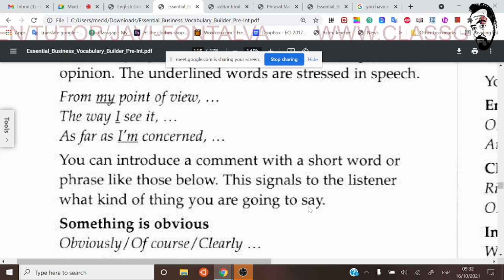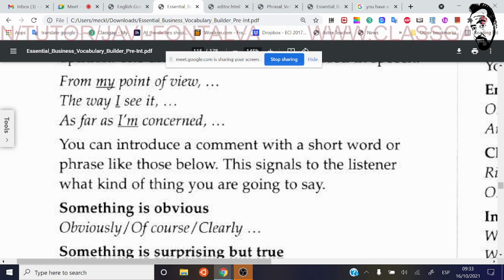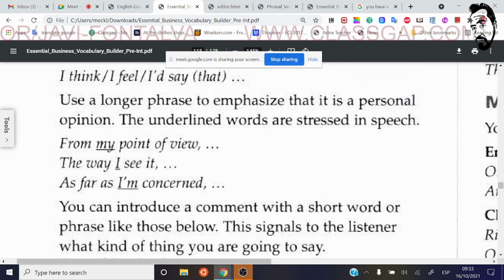Perfect. Como el último sería como yo. Por lo que a mí respecta. En mi opinión. Básicamente lo mismo. De manera formal, ¿no? No exactamente. Era de estas expresiones la más formal. As far as I'm concerned. Pero cuando vos ponés, si vos utilizás esto, ¿no suena como rivalizar? Como decir,